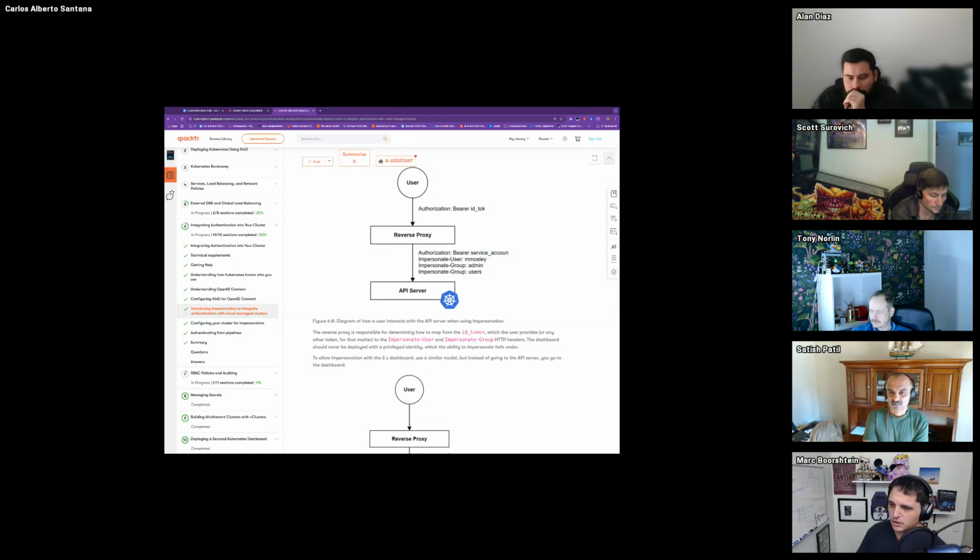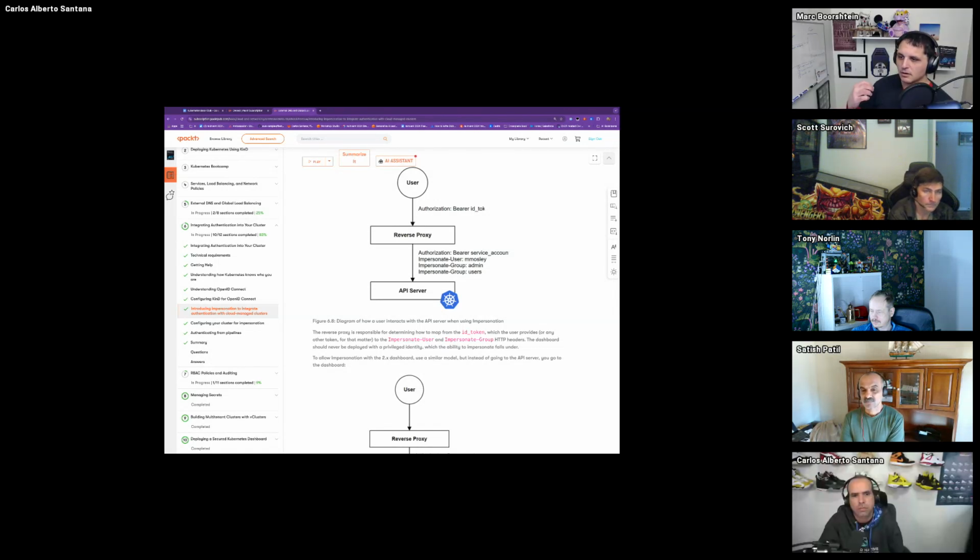Envoy does not support SPDY. ALBs, or AWS application load balancers, anything at layer 7 does not support SPDY. So when you look at how you do your load balancing, like on EKS, it's usually not that big of a deal because people tend to use layer 4. But a lot of times, if you've got any kind of layer 7, SPDY won't work. And so that becomes the big issue with impersonation.